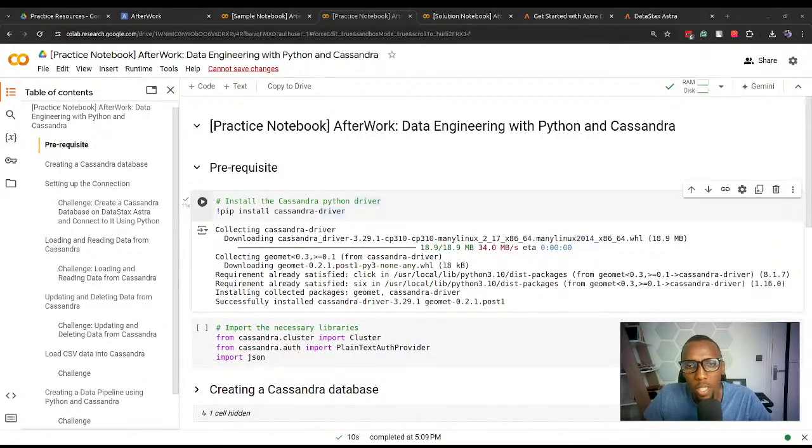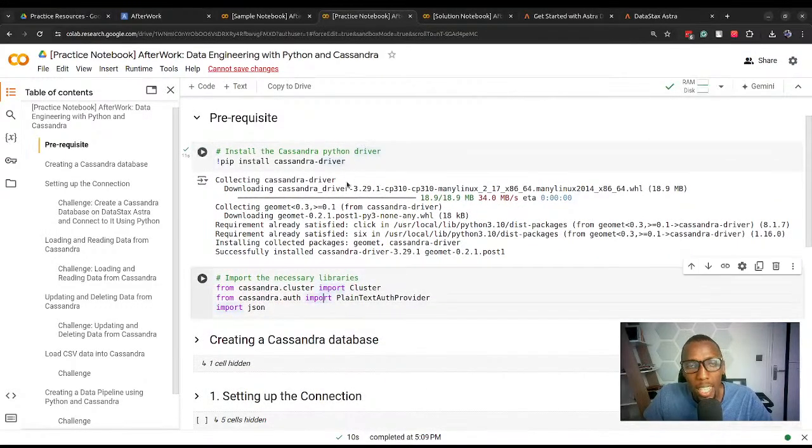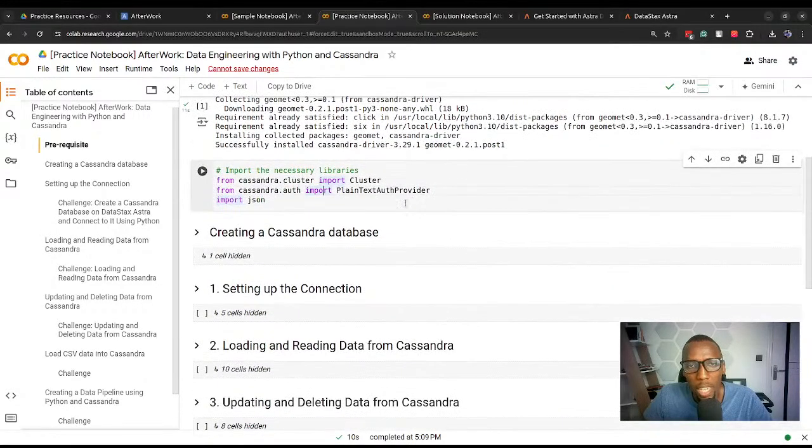It should take a few seconds. Yes, mine has. And then once we have installed the Cassandra driver, we then would need to import a few necessary